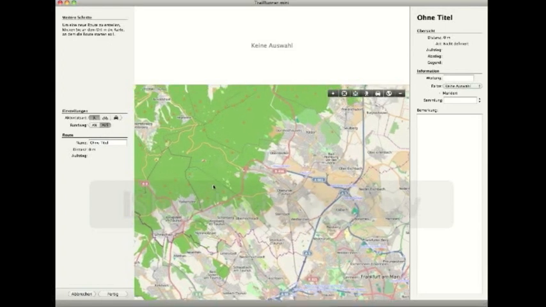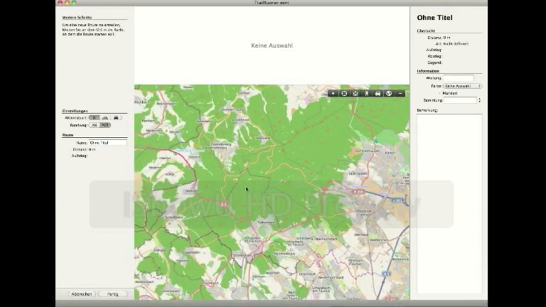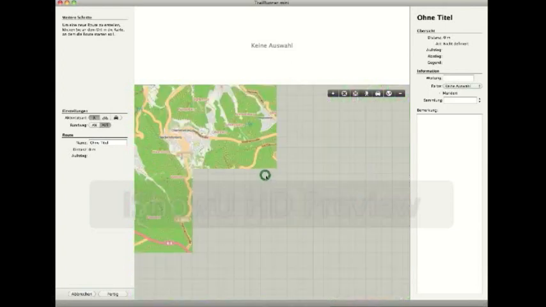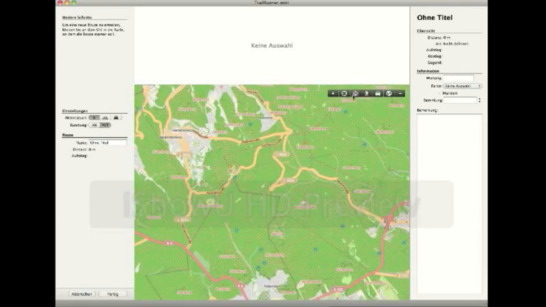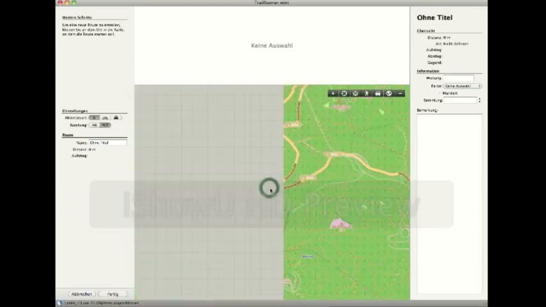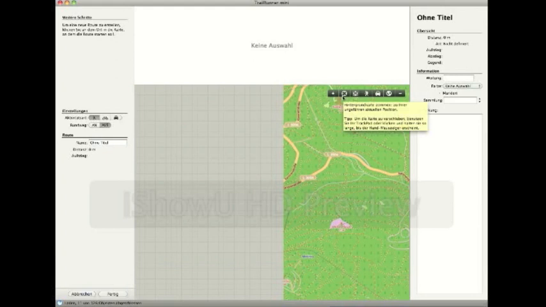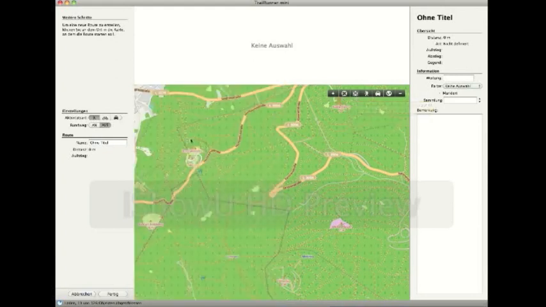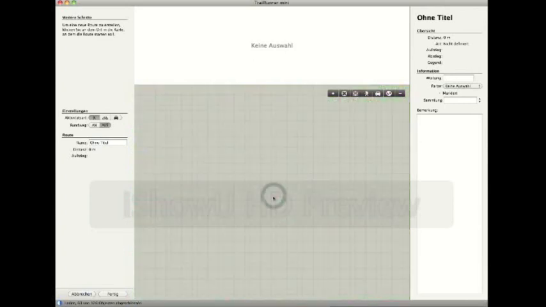So the first thing I'll do is that I scroll to the location where I want to start. If you double click, you zoom into the map, which is much like this button here. By the way, this is the location where your Mac is currently located. This zooms to the optimum size of whatever is currently displayed here, and these are presets for different scales. So I'll further zoom in here,